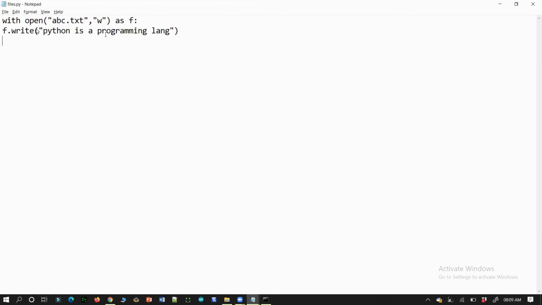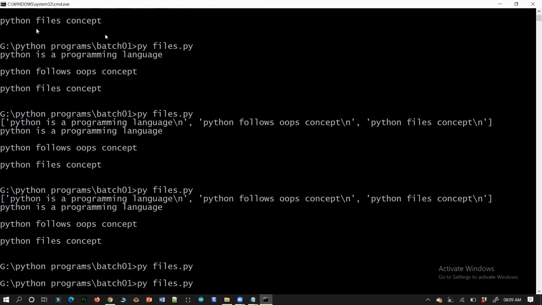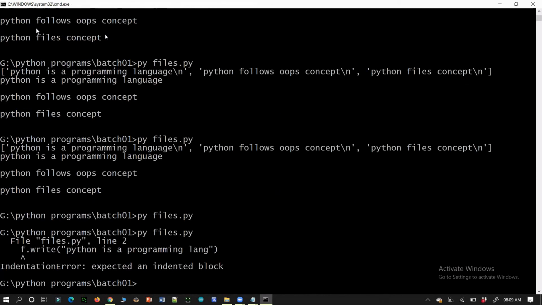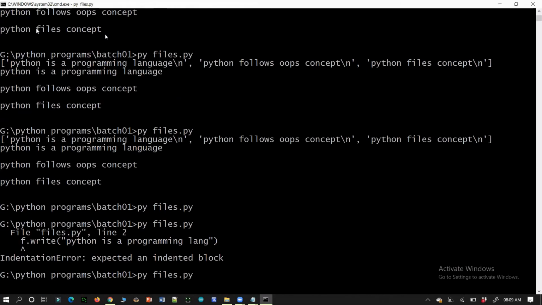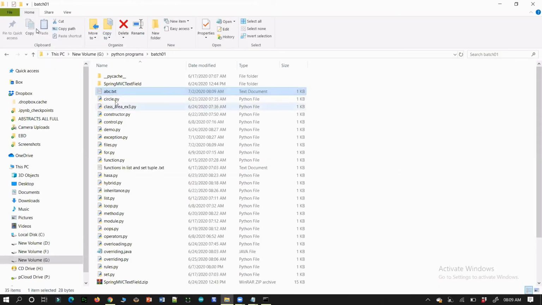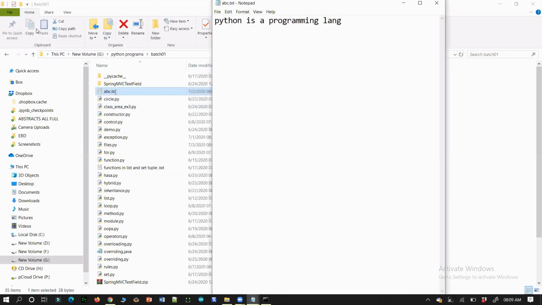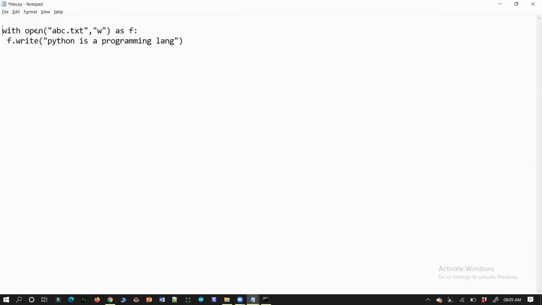And if you want to check whether the file is closed or not, we have seen that the file is not closed at the time of the block, an indented block. A block is required. I can open this. Python is a programming language. If you remember,